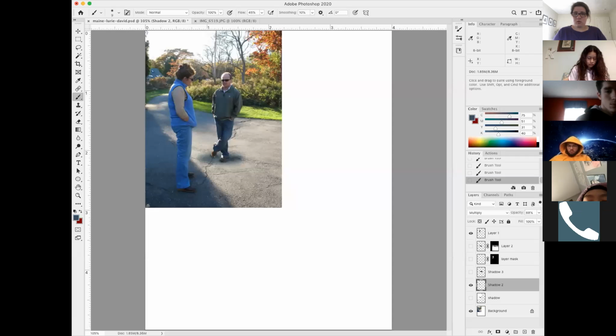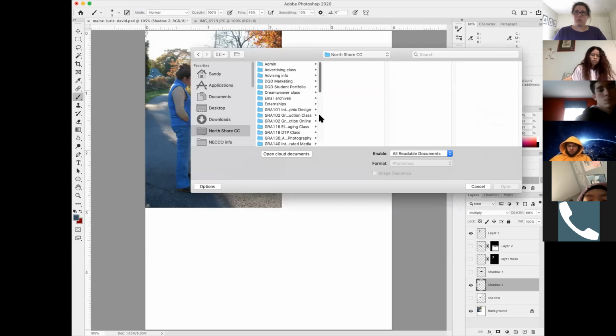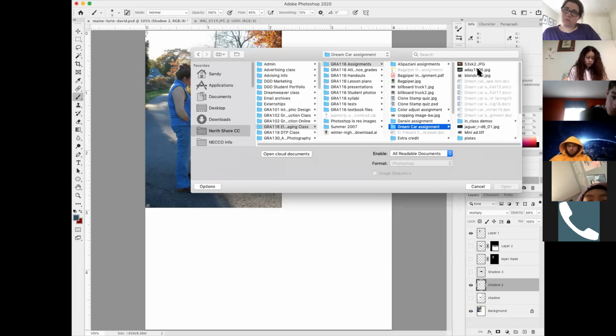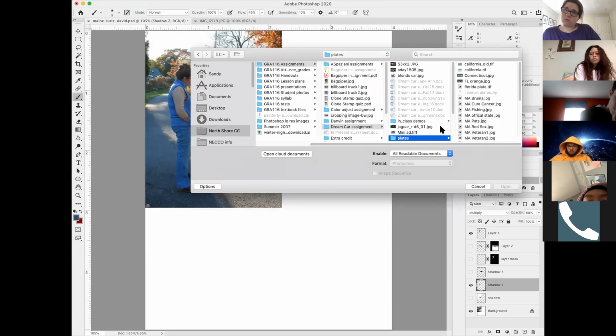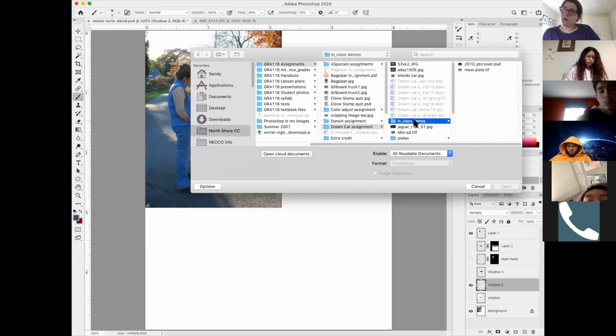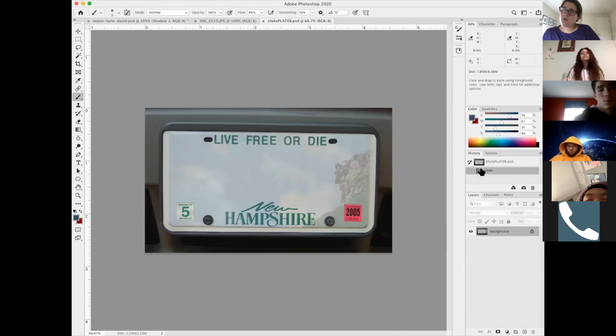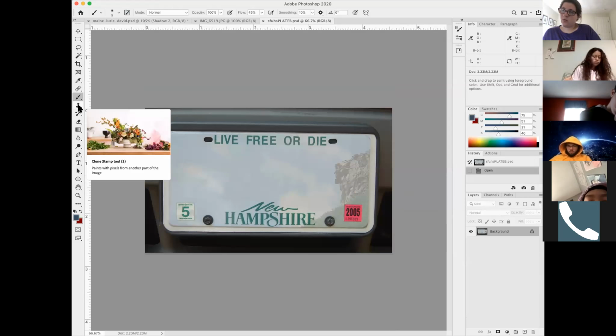Share this. If you want to open a license plate, and let me see. Assignments, dream car, plates. Let me see if I have one that's already done. That would be too easy. Open. Okay. So once you get rid of the letters, and that's going to be using your clone stamp tool,